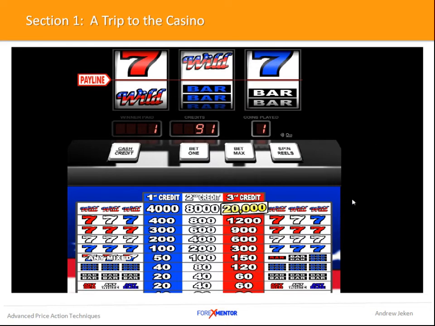So you can go around and play with this on a demo. Please don't go and use real money. We need to have an edge in our favor. The casinos have an edge in their favor. So just a very good exercise to work on random outcomes. You can also use a coin flip. It gives you the same feel, but I do feel this is slightly better because it's electronic.